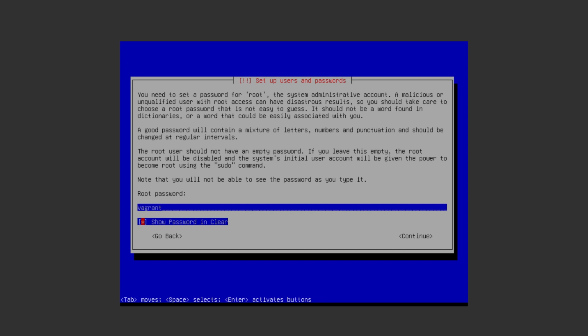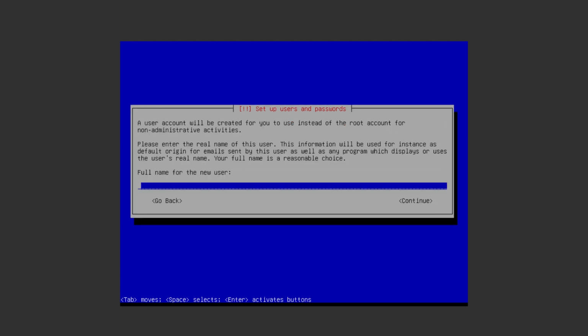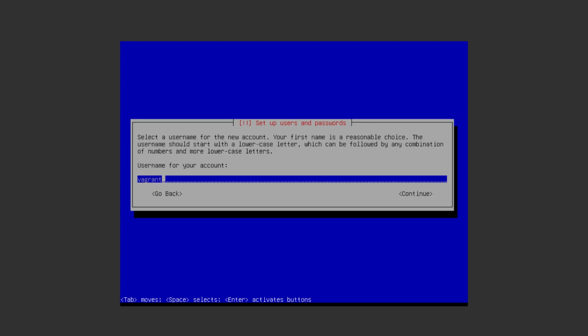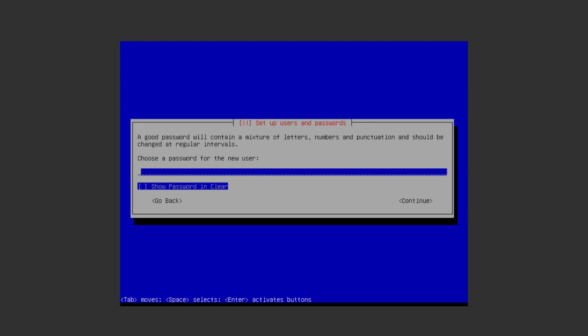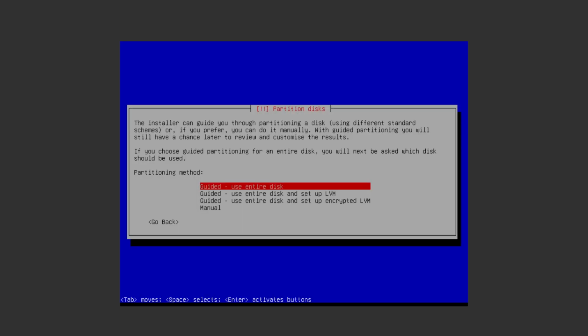The root password I'm setting to Vagrant. If you're using it only for yourself, then you can set any password, but so it's known by other users, we use Vagrant. We also create a new user called Vagrant. So with a full name of Vagrant and the login name of Vagrant, this is what the Vagrant Virtual Machine Manager is going to use. And again, this would normally have a password of Vagrant. So our root user and our Vagrant user will have a password of Vagrant. The Vagrant user has to exist because it is used by the Vagrant management system.